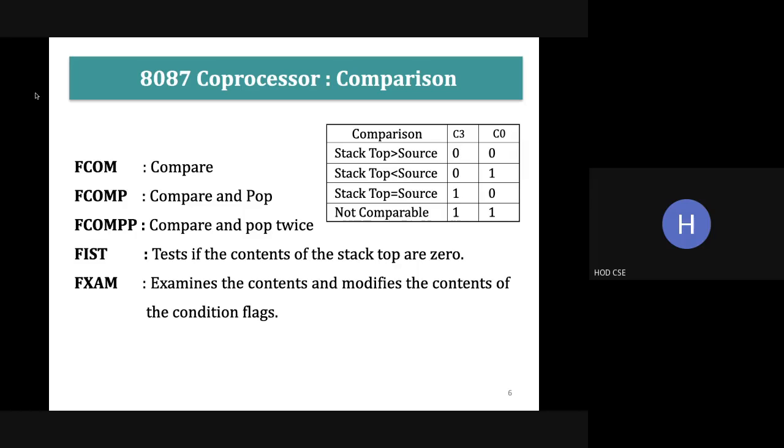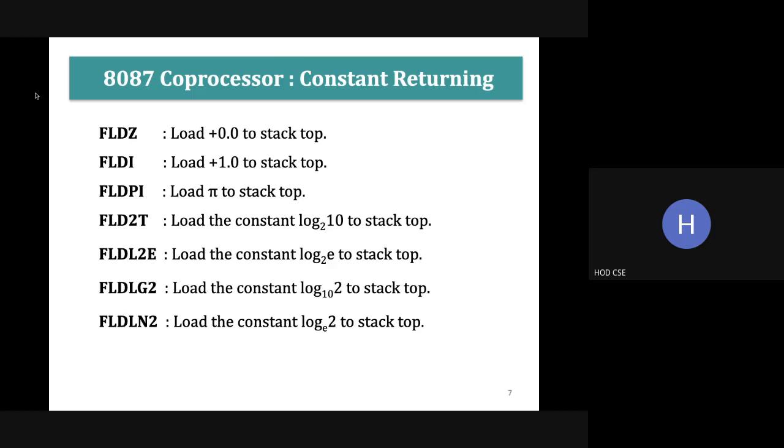I hope you remember which operation will be performed during comparison. Which operation will be performed during comparison? Yeah, good. The subtraction operation, right? So the subtraction operation will be performed, and according to this, the condition flags C3 and C0 will be set. Okay. And here, the constant loading instructions: FLDZ is used to load the value 0 to the top of the